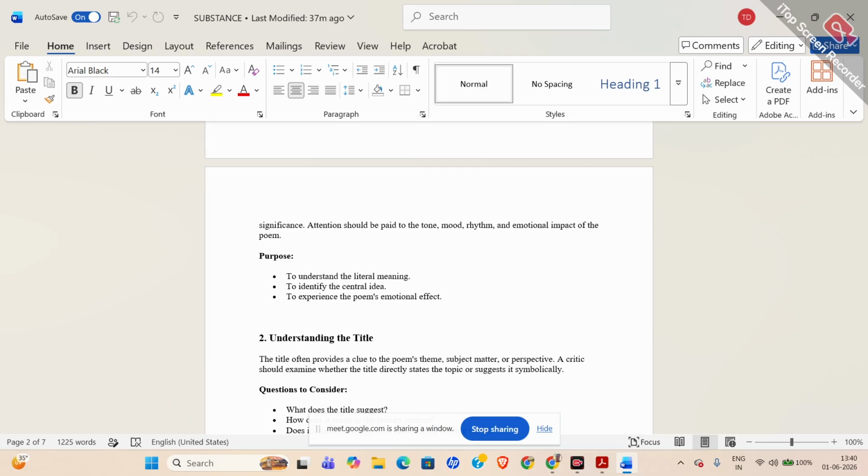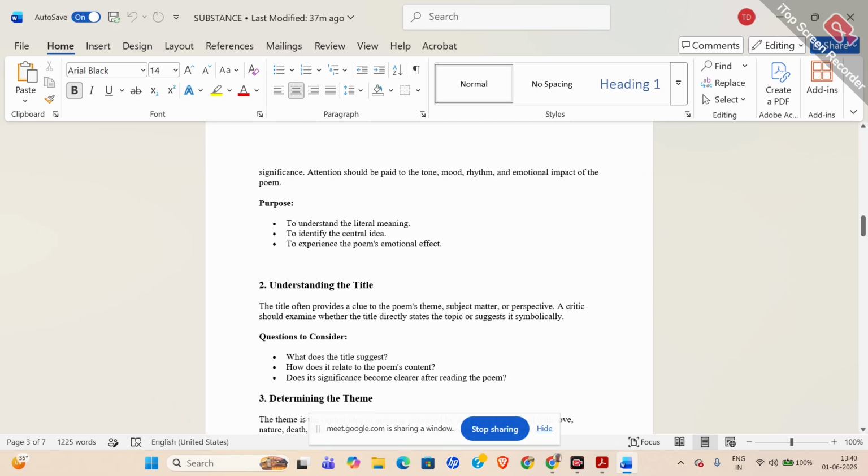Purpose is to understand the literal meaning, আক্ষরিক অর্থে কবিতাটা কি মানে, to identify the central idea, the main idea of the poem has to be understood and identified, to experience the poem's emotional effect. একটা ইমোশনাল ইফেক্ট, অনুভূতিগুলো যেগুলো রয়েছে এখানে, সেগুলো বুঝতে হবে।